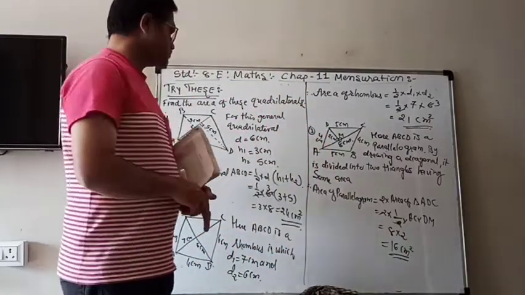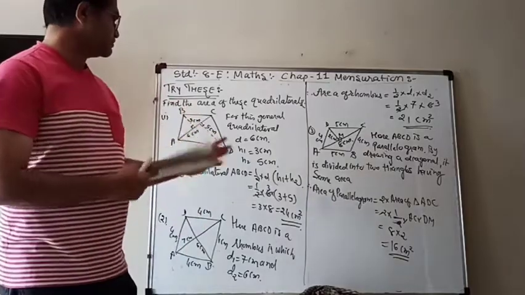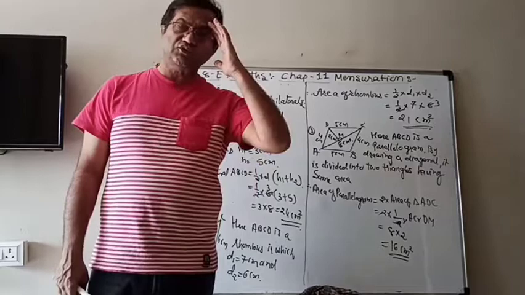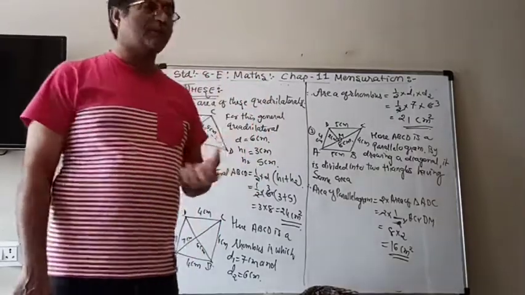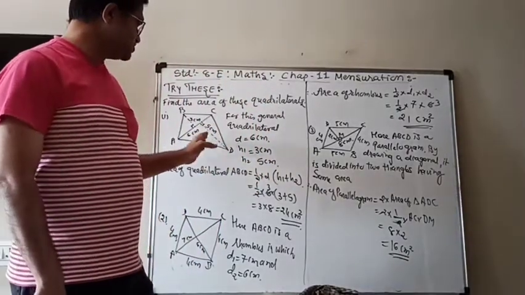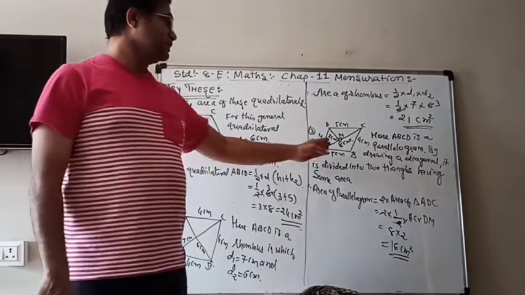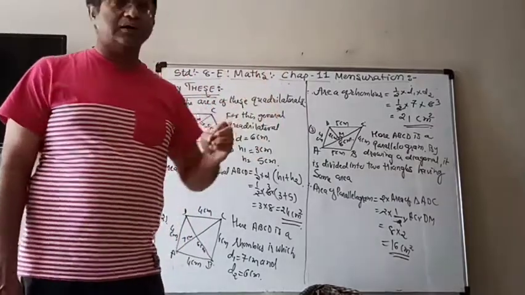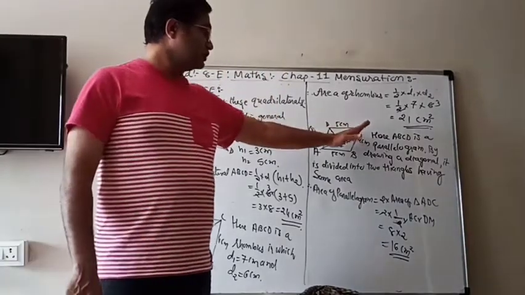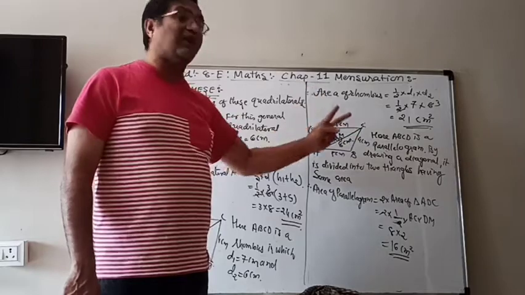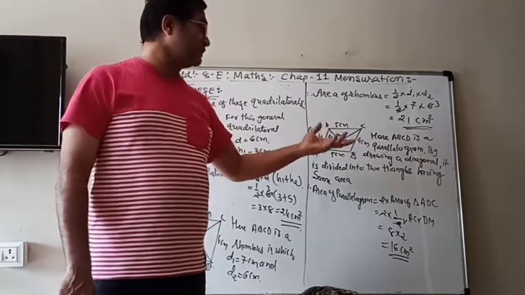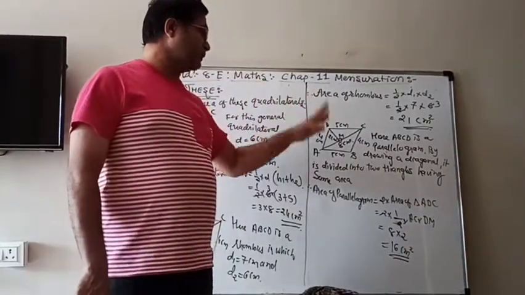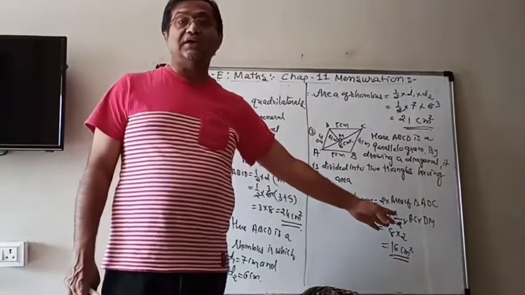So here you can see that there are different types of figures. According to the given figure, you have to first decide which type of quadrilateral it is. Here it is general, here it is rhombus, here it is parallelogram, and we should know the properties also, that when we draw a diagonal it divides into two equal areas of the triangles, and here d1 into d2. Then by using the proper formula we can find the area.